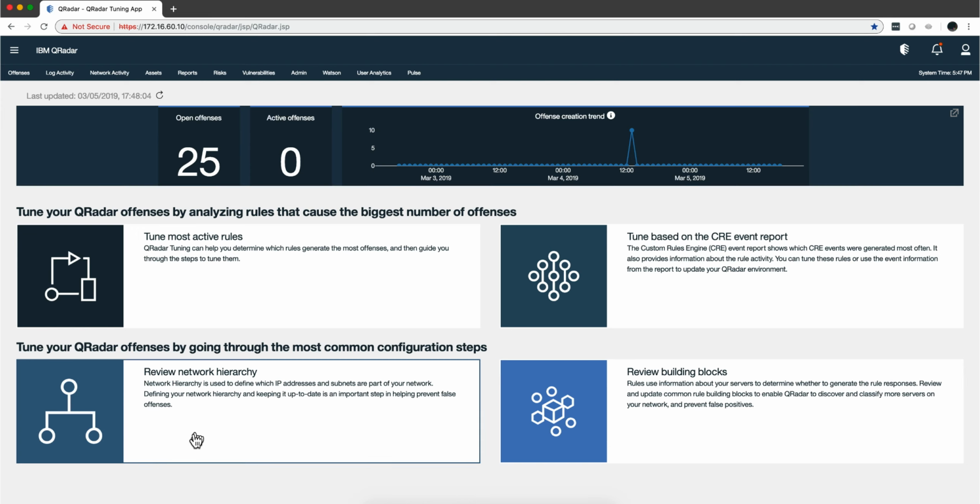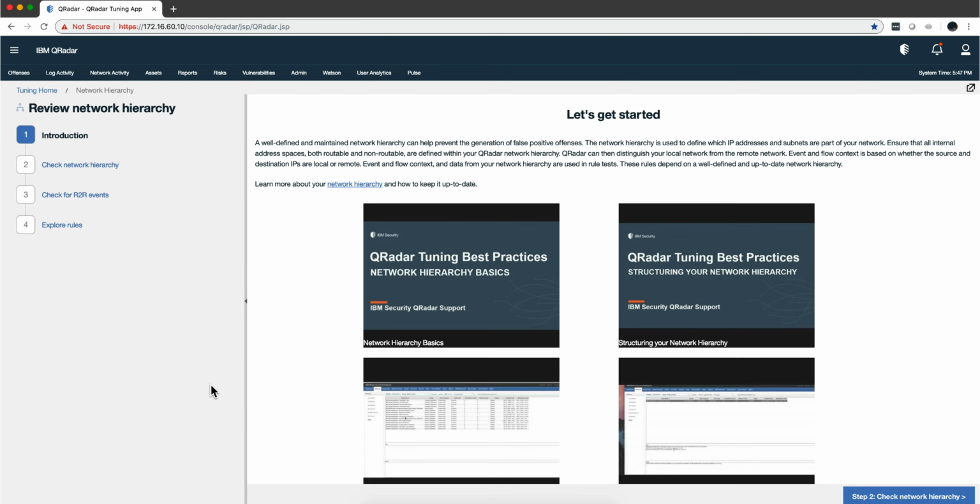We continue reviewing the third tile, the one that has to do with network hierarchy. What I really enjoyed of this app is that I feel like I'm having an expert sitting next to me telling me, do this, follow these steps in order to tune your QRadar, in this particular case on the network hierarchy. There are some videos in here that you may want to watch. And in fact, I got the impression that this is one of my videos, by the way. But so you understand the theory behind it, and then step by step the application guides you